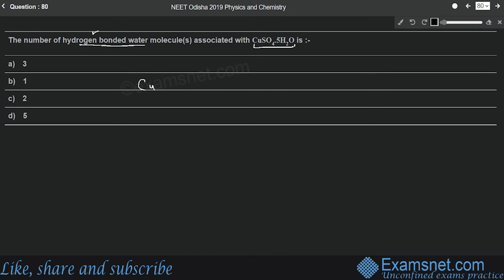This is copper, and 4 water molecules will be directly linked with this copper. So this is oxygen, hydrogen, hydrogen. This is one water molecule. Then one more water molecule this side, oxygen, hydrogen, hydrogen. Then again one water molecule this side and one more water molecule this side. So four water molecules are linked directly with the copper, and this part will be inside the coordination sphere. But in this coordination compound we have five water molecules, so one water molecule will be outside the coordination sphere. This is oxygen, hydrogen, hydrogen, and it will be linked by making hydrogen bond with